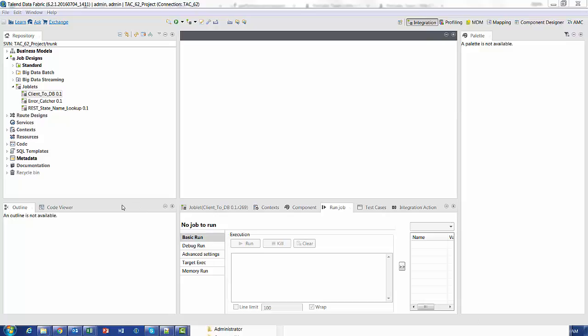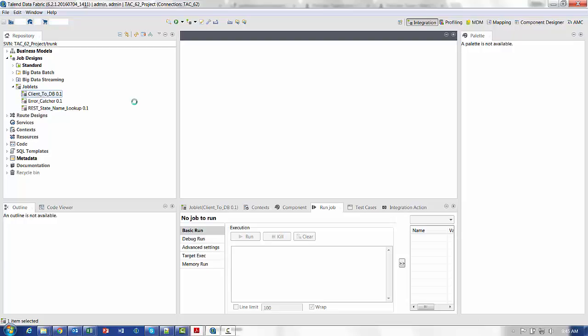Another great functional feature of the Enterprise Studio over the open source is the concept of joblets. Joblets allow the encapsulation of functionality that can be shared amongst many different designs. So to illustrate that, within my studio, under job designs, just like in the open source you have standard, but in the enterprise you also have joblets. Underneath here